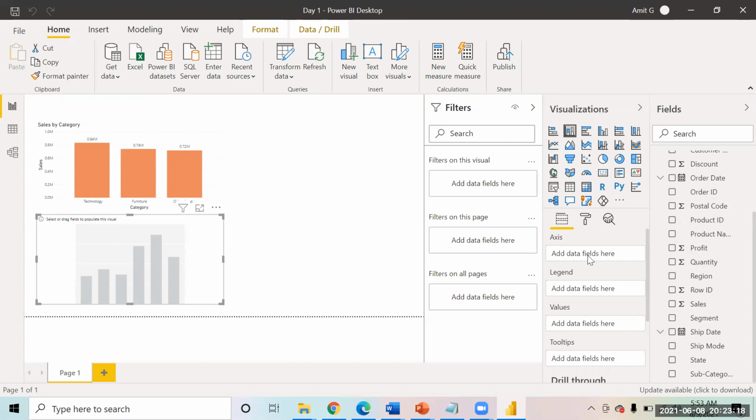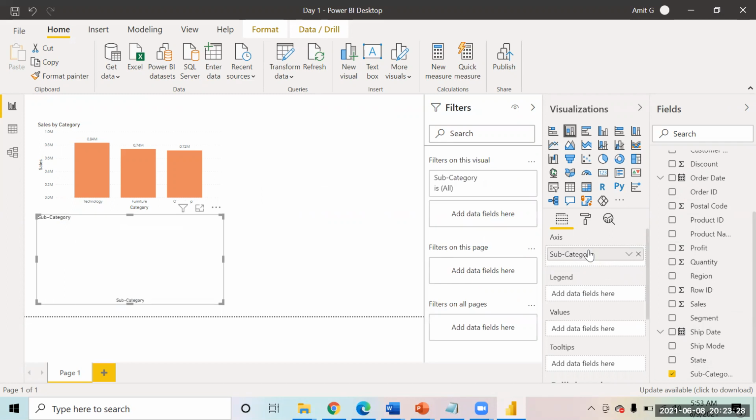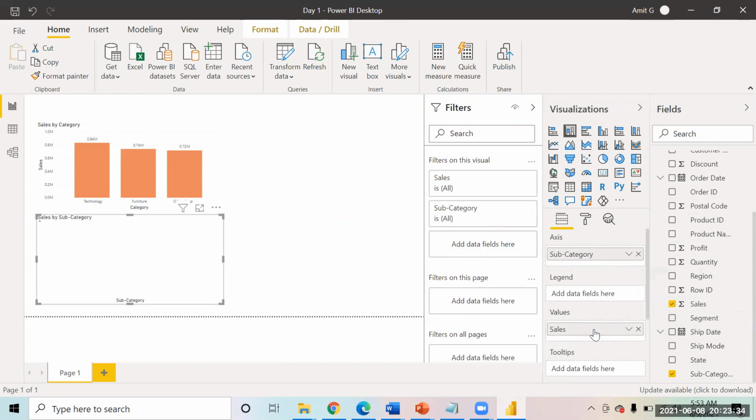On the axis, we are keeping the subcategory. So I pick the subcategory and put it on the axis. And then, I want to showcase the sales, so I'll put that on the values. Values is where we put the numbers. By default, you can just first make it up.